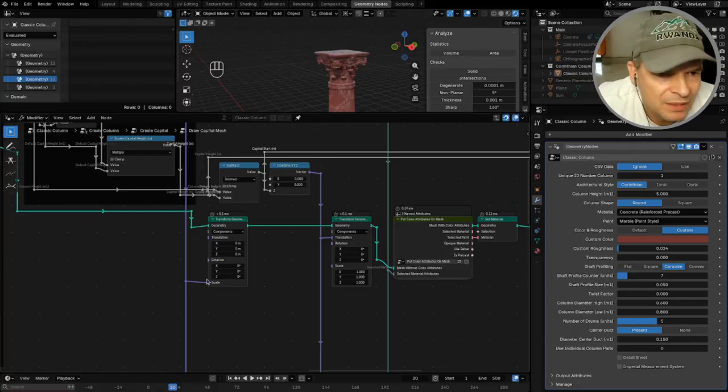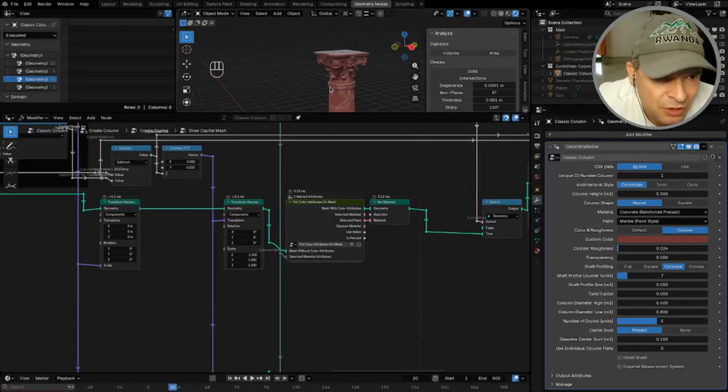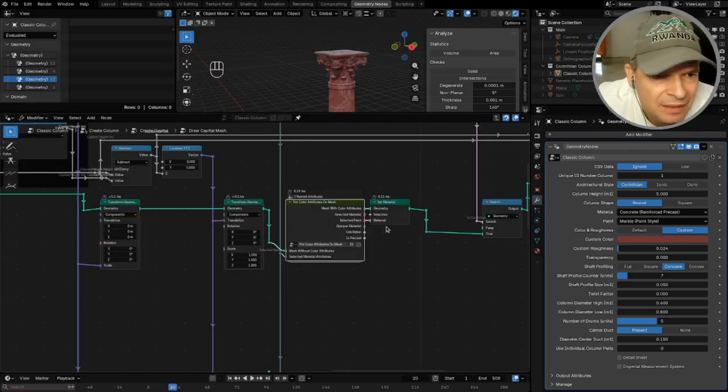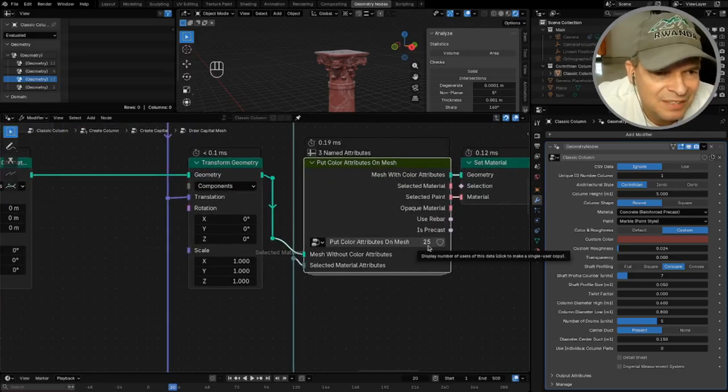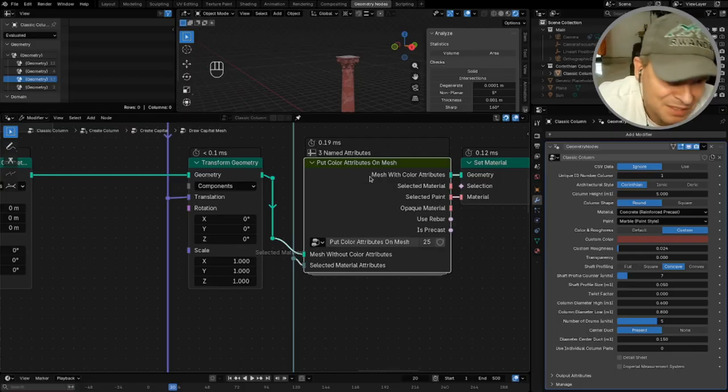So once it's put in place, then you can see here I put the attributes for the colors on this mesh, which is done here. So I get this bundle where the material attributes are. I put it on there. It's the same procedure again. So I think you can see I use it 25 times in this column setup. So you can imagine how many times. You only have 3 of those, and then the column is separated in 4, but still you need way more of these